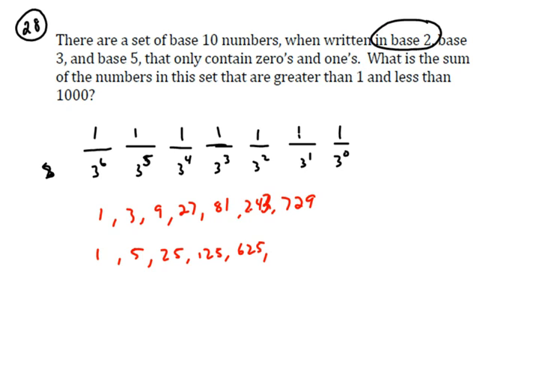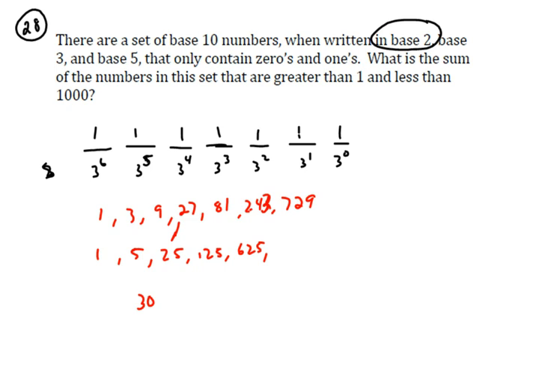Since 1 plus 3 is 4, you're not going to be able to match up with something using a 5. And then 1 plus 3 plus 9 is 13. Again, you haven't got to the 25 yet, so that's not going to be useful. You notice that 27 and 25 are pretty similar to each other, so maybe this is going to work. If we add 27 plus 3, we get 30, which is the same as 25 plus 5, and so 30 is written as a